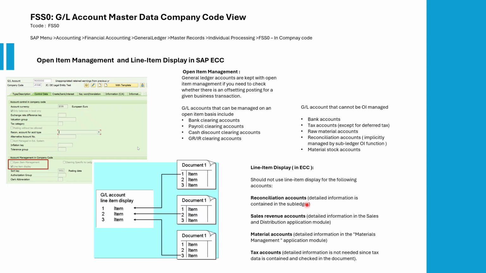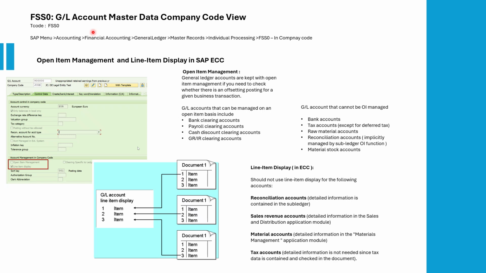No need to do it; S4 itself decides which GL accounts get line item display and which do not, for example reconciliation accounts, which we do not set in ECC either, because all detailed information is already contained in the subledger accounts. Then sales revenue accounts, material accounts or tax accounts need no line item display